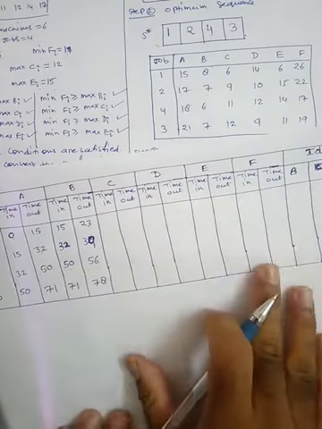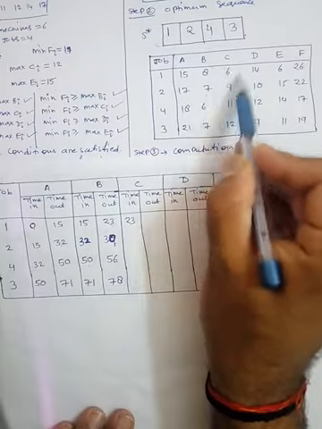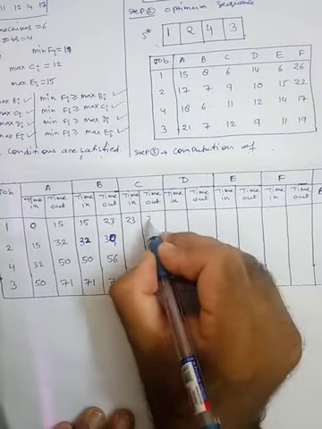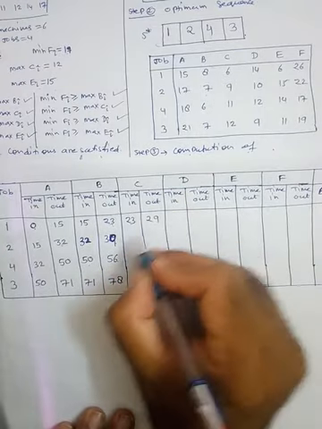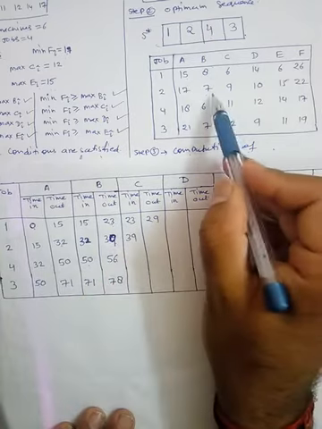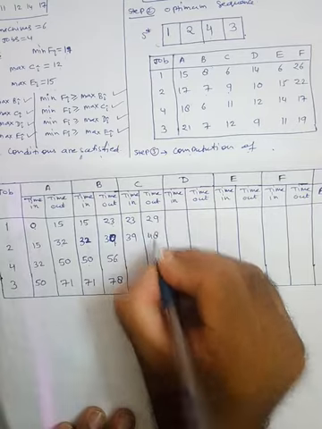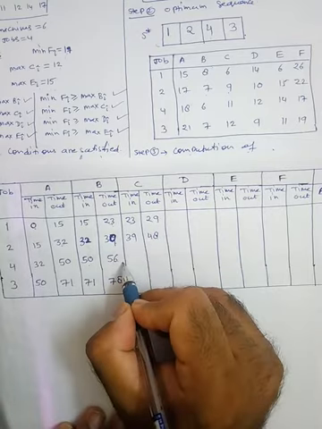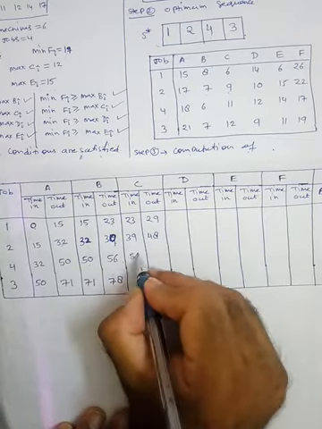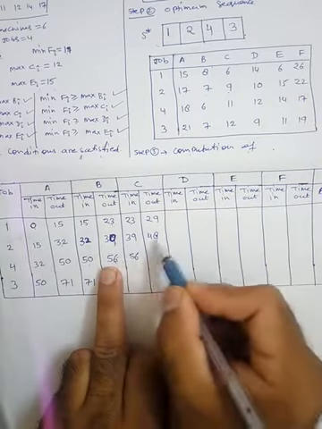Likewise, you have to constitute the table. So here is 23. How much time it takes on C machine? 6. 29. 29 is less than 39. So here is 39. Then 9 hours. So this will be 48. Then 48 is obviously less than this. So here will be 56. This 56. Because you have to compare these two.